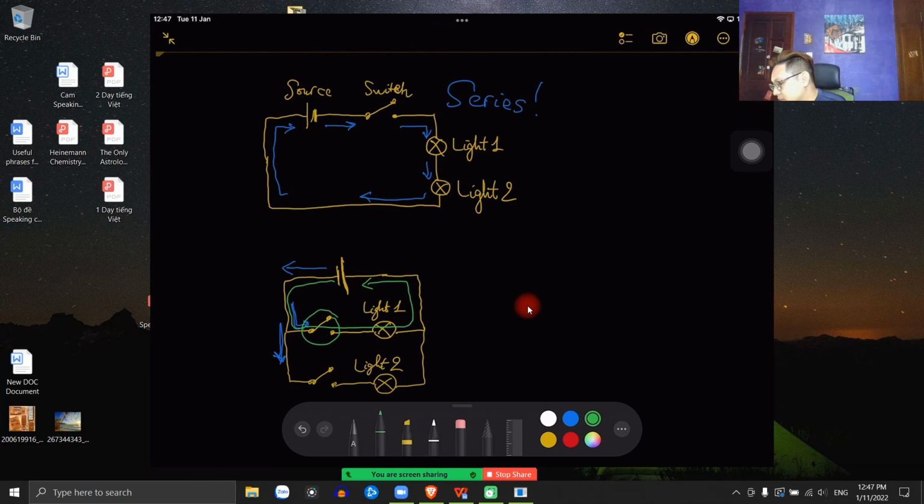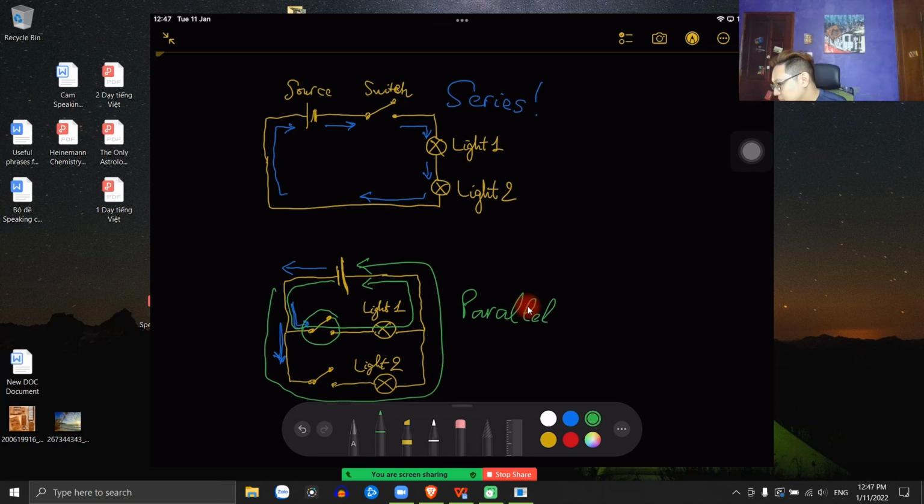Of course, if I switch on light 2 and I switch off light 1, the opposite will occur, so the electricity will go this way, you know. Know what I mean? And it doesn't go through light 1 anymore. You know what I mean? Yeah, I understand. Okay, so in that way,